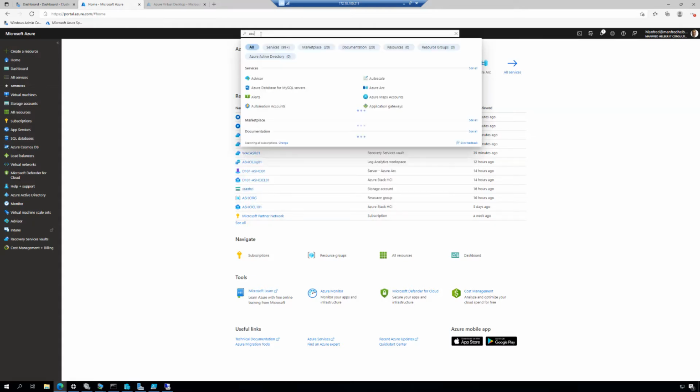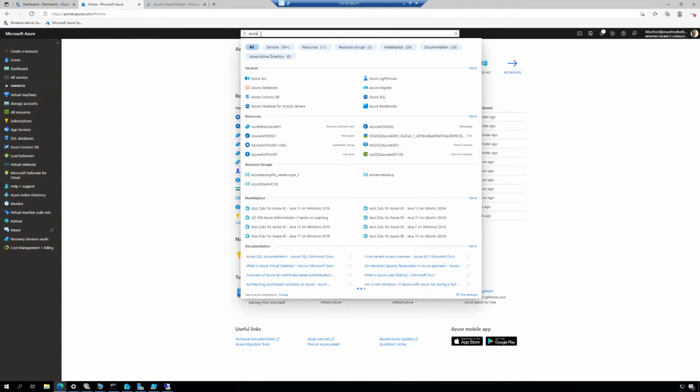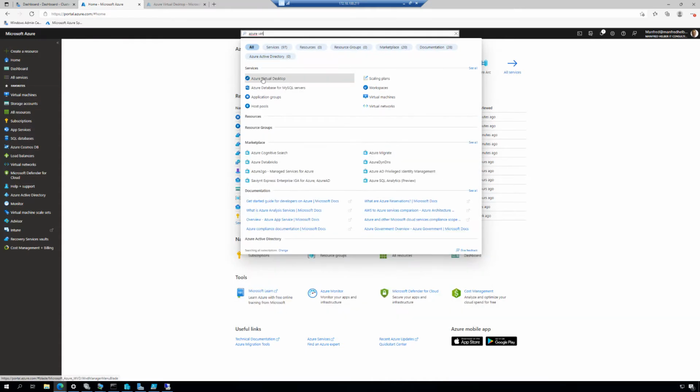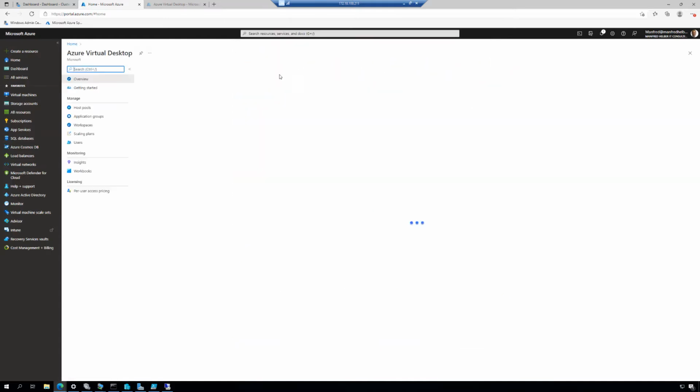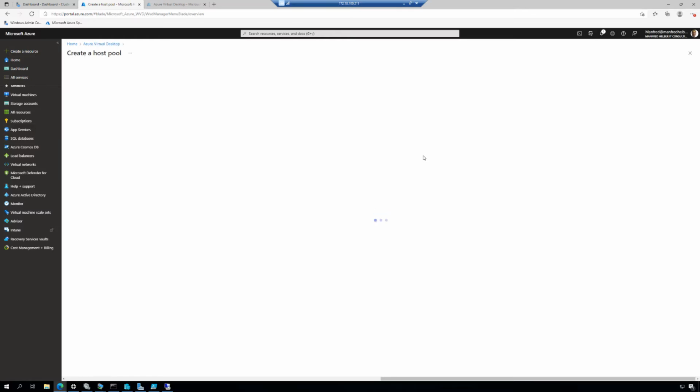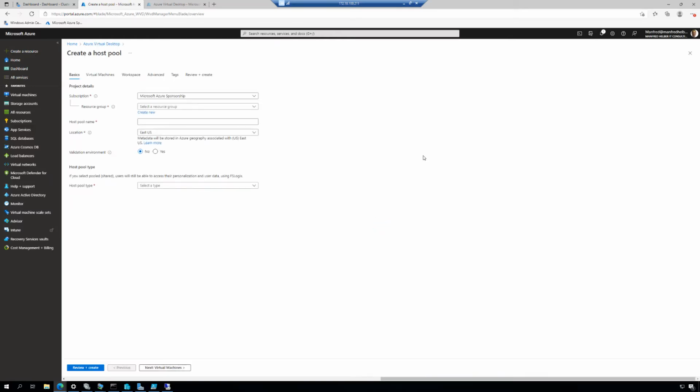So you can search for Azure Virtual Desktop, and then it will be here in the list, and you can open it. The first step when you start new is to create a host pool. So we will create a host pool here, and today it's not possible to configure Azure Virtual Desktop from within